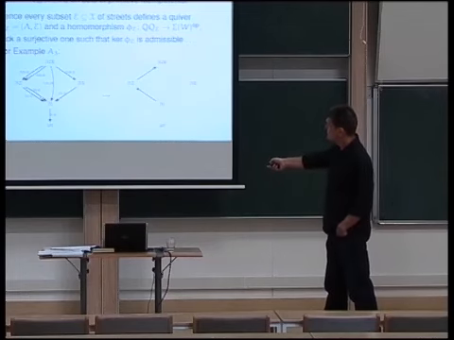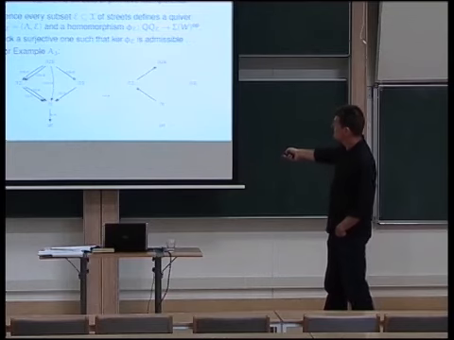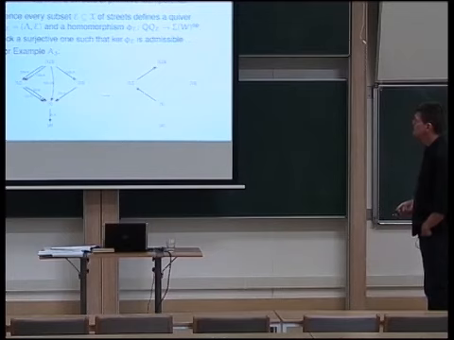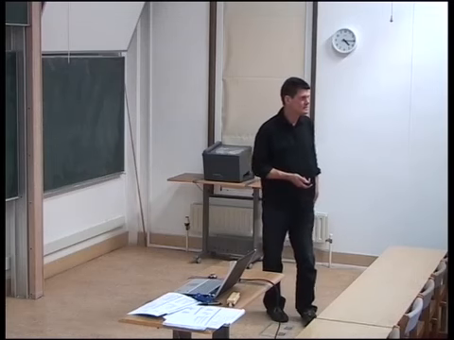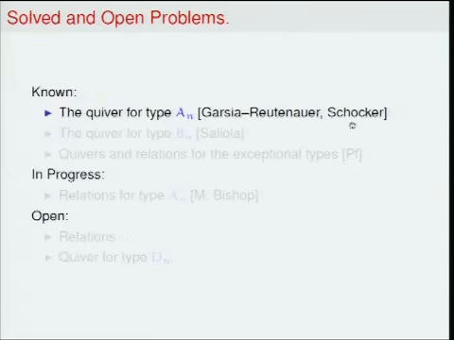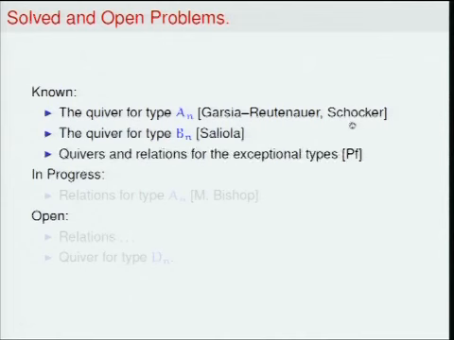Here, in fact, most of the edges disappear. These pairs of edges become singletons, and that's the result for type A3, which is a straight line and two singleton sets and doesn't involve any relations. There are other examples. I've said already the quiver for type A has been known for some time and has been more properly proved by Schocker a few years ago. Saliola has used the hyperplane arrangement and the face monoid that comes with it to describe the quiver in type B, which is of a slightly different nature.